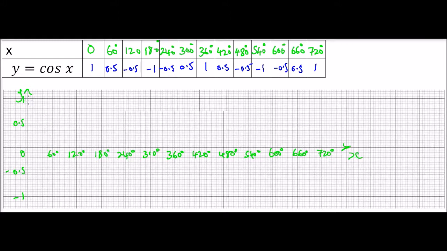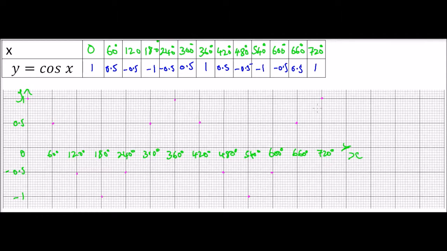From there, we identify the points. So when x is 0, y is 1, we go to 0.5, we go to minus 0.5, we go to minus 1, we have minus 0.5, we have 0.5, we have 1, we have 0.5, we have minus 0.5, we have minus 1, we have minus 0.5, we have 0.5, and finally we have 1, that is